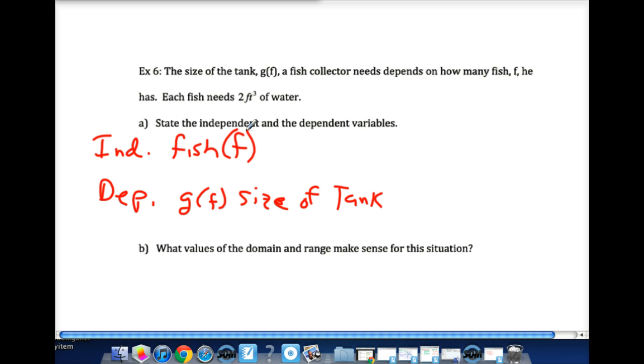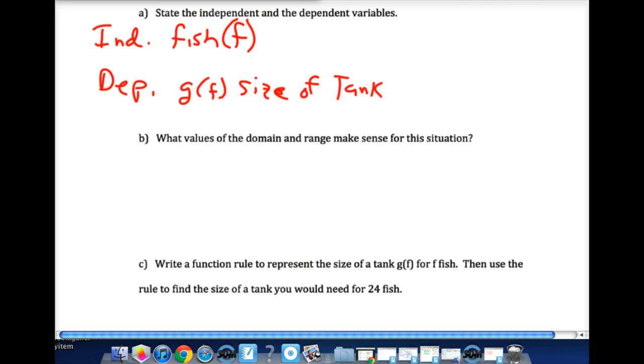If you guys are catching on to the pattern, the dependent one is always the G of F, or the F of X, or whatever. Your independent one is the one that basically could be any number. All right, now for the independent or the domain,